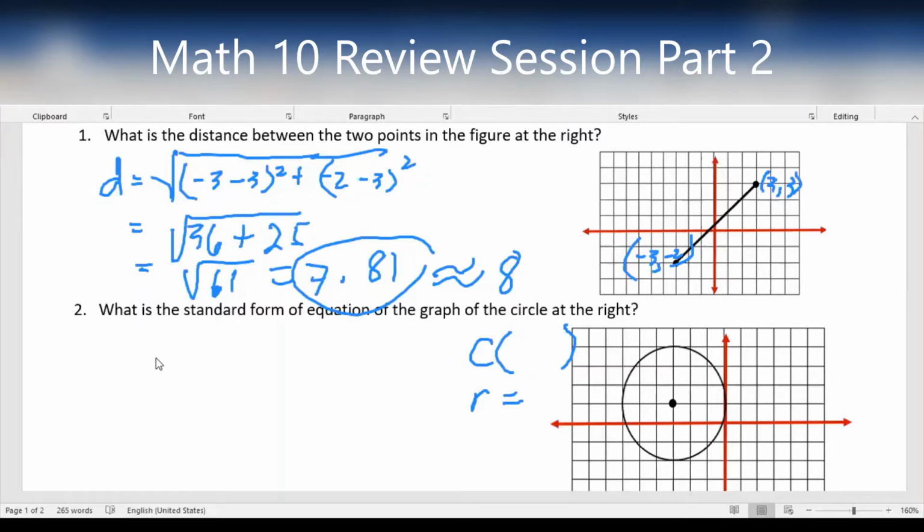So we have Margaret, Rosel, two already, one more. Okay, no more, stop. So we have Margaret, Rosel, Helena. Let's see who got it correct. I think they have the same answer, but they differ because of the sign. So x plus 3 quantity squared plus y minus 1 quantity squared equals 9. That's from Margaret